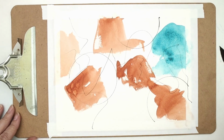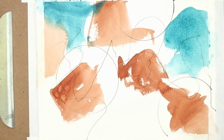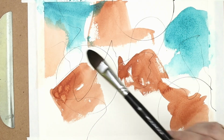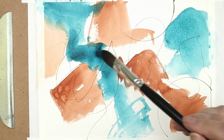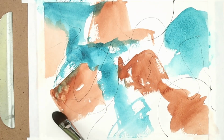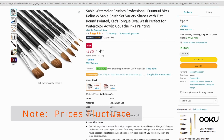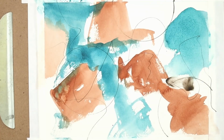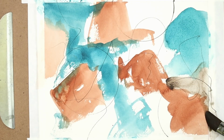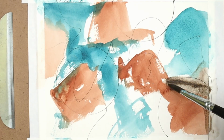I just pulled out some brown and sort of this turquoise blue color, and I just had a blast. I just slapped it down with my cheap Fumi supposedly Kolinsky sable brushes, which I love because I don't have to worry about if I'm hurting them. And I just had a blast. I just put it all over the place. And I knew I was going to want some more darker